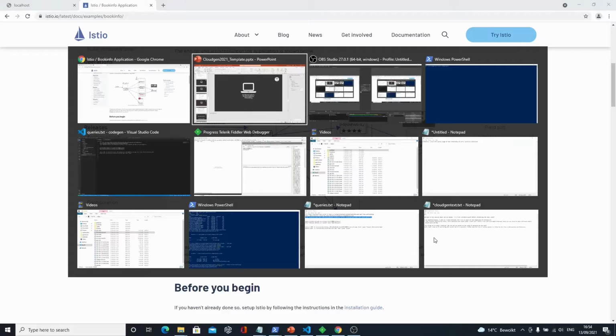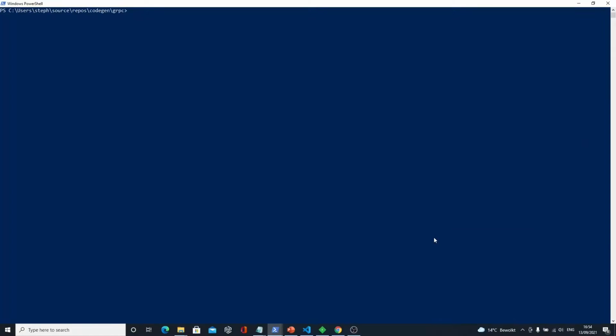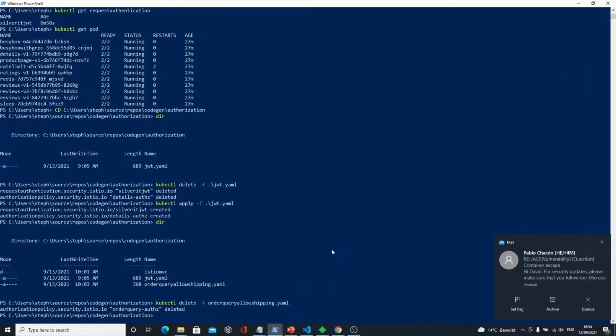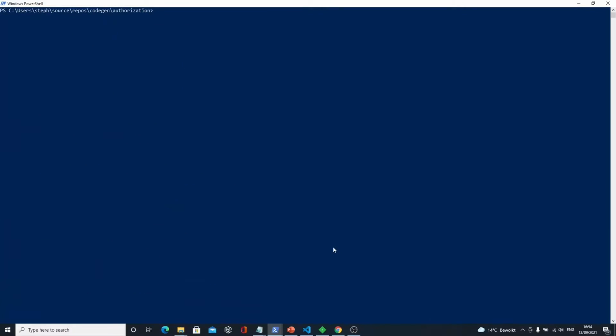I have already installed this application. I would encourage you, if you look at Istio, to really play with it, because it's well designed and good to get started. Let me clear this and list my pods.